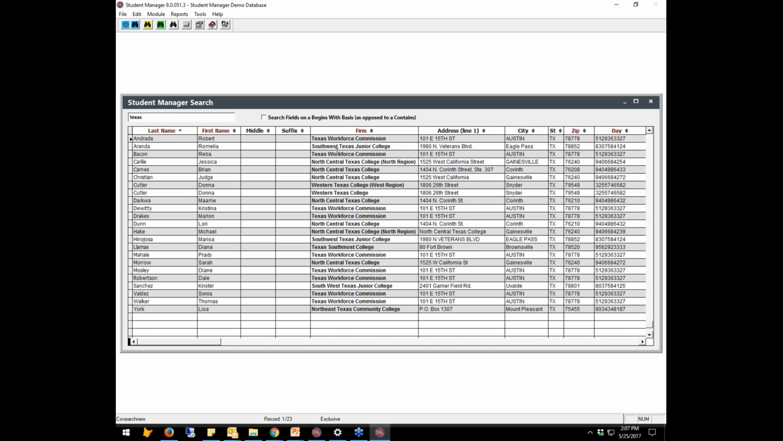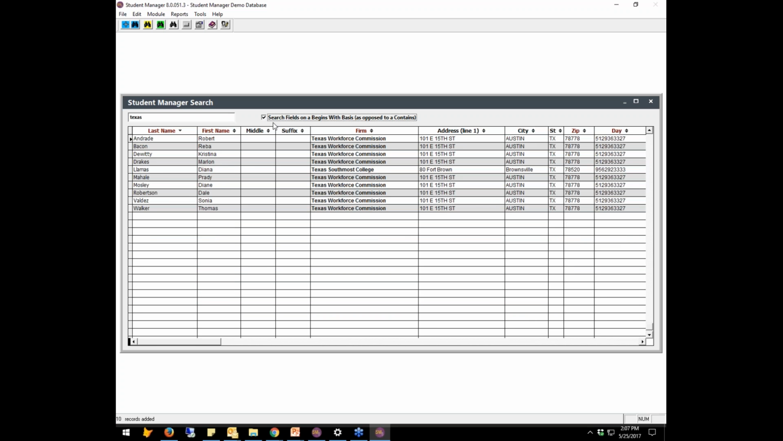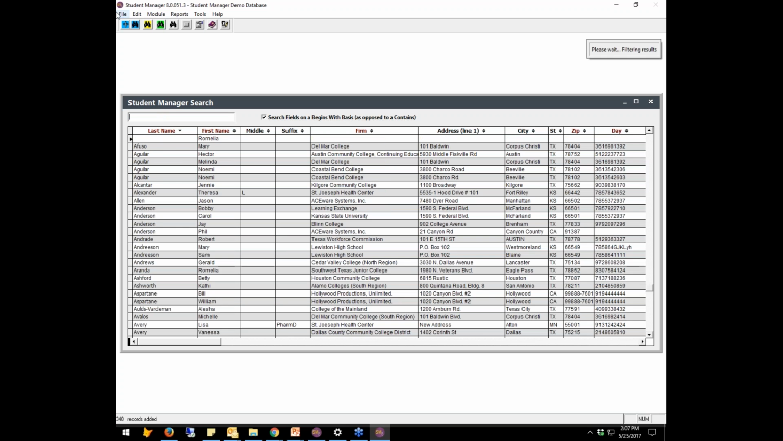If I wanted to say any firm that has Texas in the title, I would uncheck the search fields on the begins with. If I check it, you'll see it only shows me those that begin with. So that's one element. The other element is, and you'll note right now I have my search mode set where